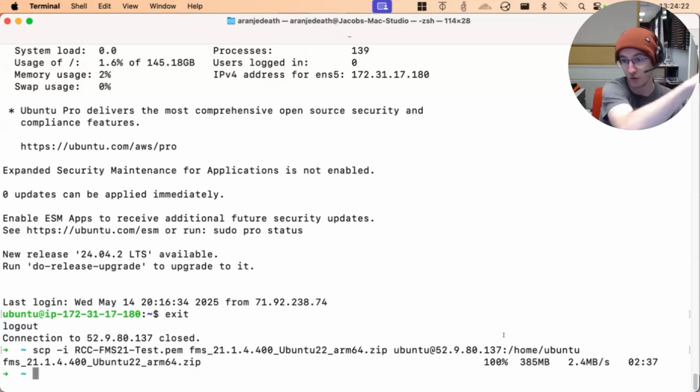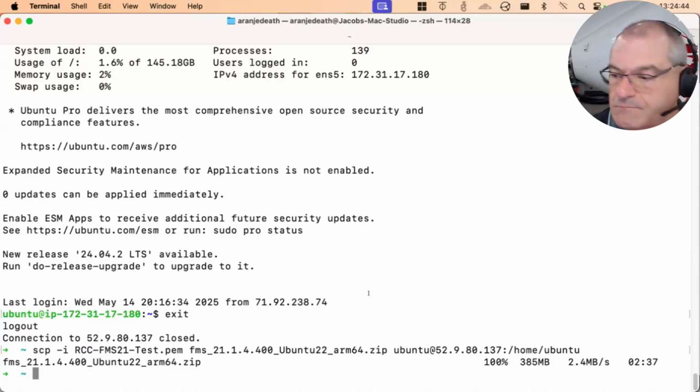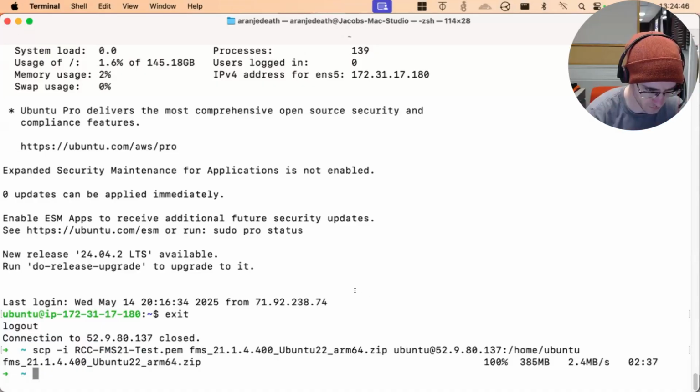So if you're logging into a remote system because you want to download, say, a zipped copy of your database, this end here is home Ubuntu. You're probably going to have a much longer path, with your zip or whatever out there. But you could reverse those and say the source is up on the server and the destination is my computer. Perfect.